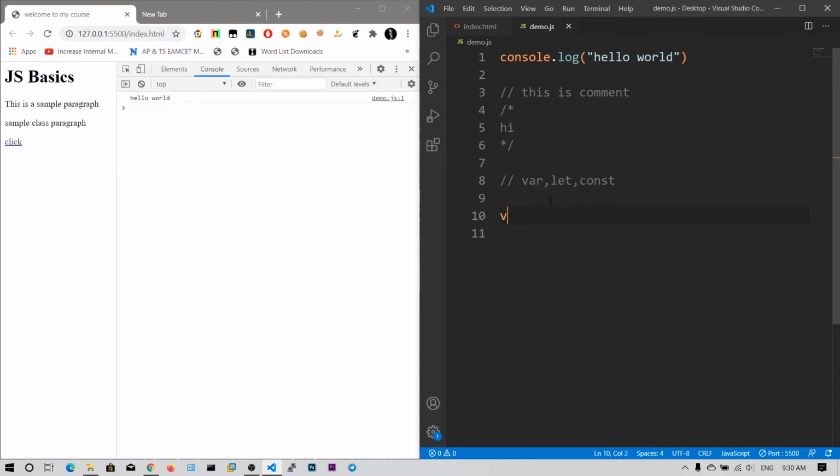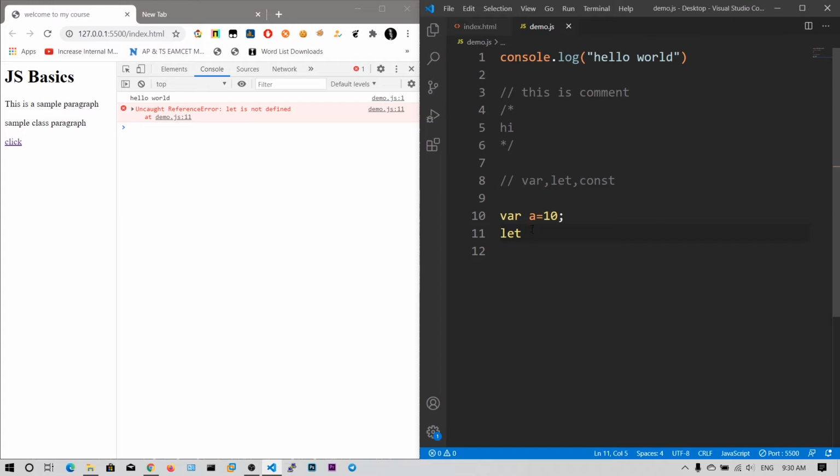So let me show all these examples. Var a equals 10. You need to put the semicolon. So let me say let. Even when I am simply writing, our live server is being reloaded. You can see uncaught reference error: let is not defined, since we are still defining it.